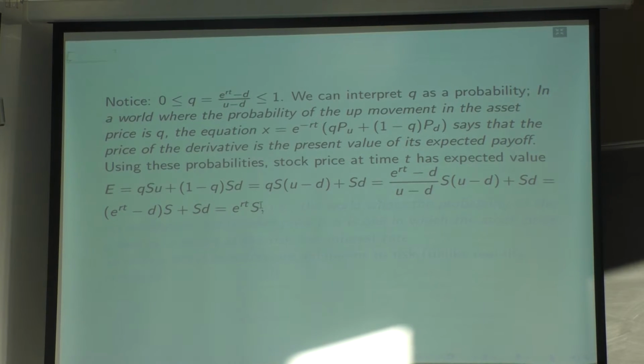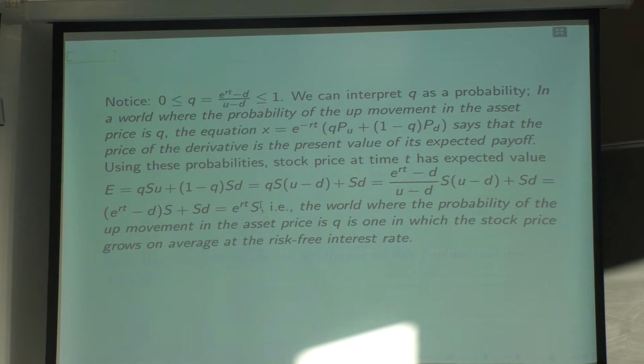They're risk neutral. They don't care about risk. I offer them a choice to play this game with heads and tails. They say, sure. If you give them the same expected returns, they don't tell the difference between the games. The only thing they care about is expected returns. They don't care about risk. So there is a world in which the probability of the asset price going up is Q. We have a name for the people who live in that world. These are risk-neutral people, people who don't like risk.